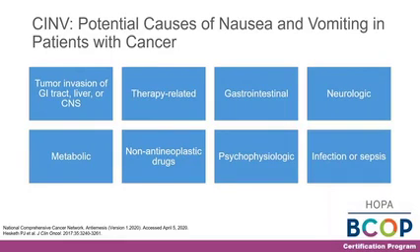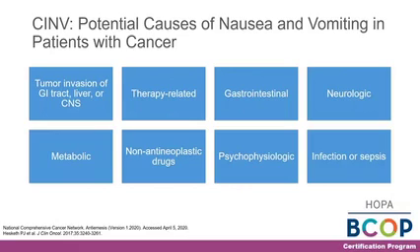While chemotherapy agents are most often implicated in nausea and vomiting in the cancer patient, there are various other potential causes of nausea and vomiting that must be fully evaluated. These include tumor invasion into the GI tract or the CNS, such as in those patients with brain metastases, of course, therapy-related issues, but other GI issues such as constipation, gastroparesis, or reflux can commonly cause nausea and vomiting in cancer patients. There are neurologic and metabolic issues, including fluid and electrolyte abnormalities, and non-chemotherapy agents such as opioid and